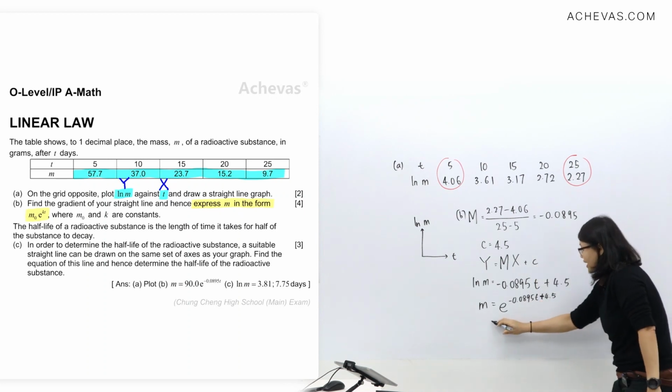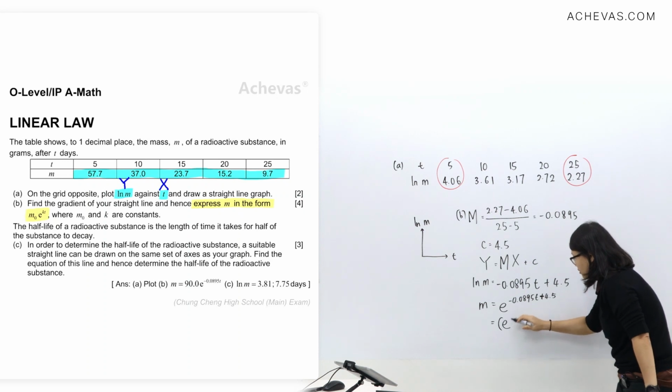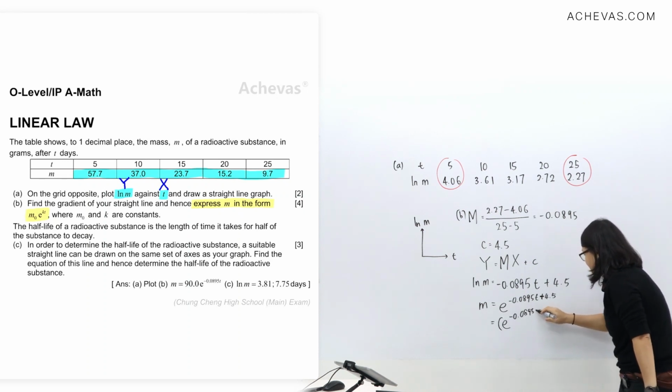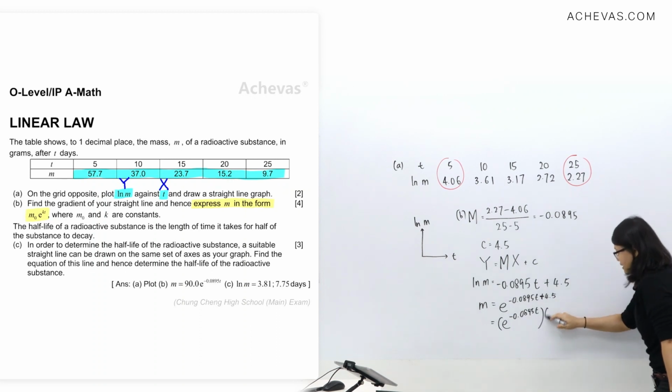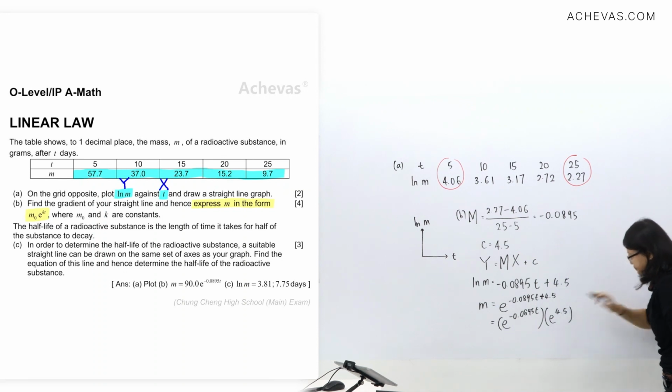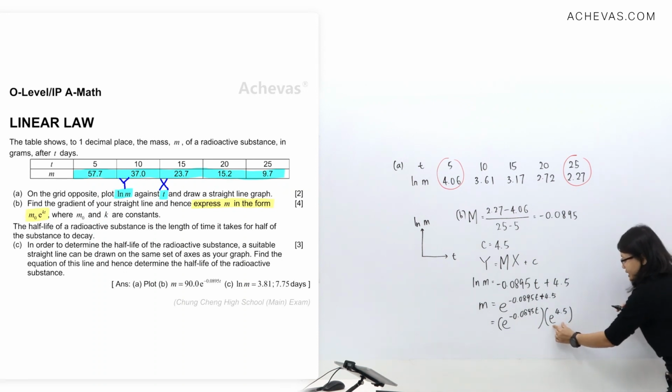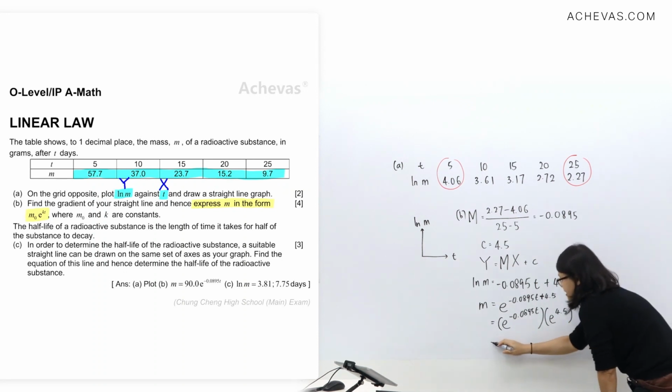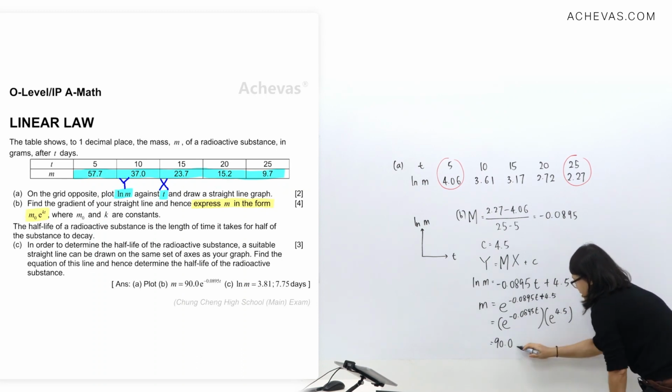So what we're going to do next step, we're going to split it to e raised to negative 0.0895t. And we split the power now, so e raised to the power of 4.5. Okay, so this one here, you can type in the calculator. So what I'm getting is 90.0, and I'm going to write this at the back. So e negative